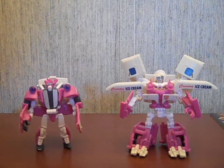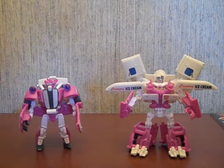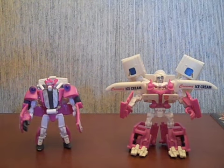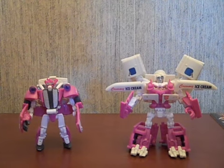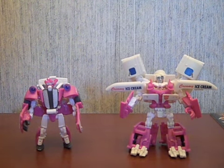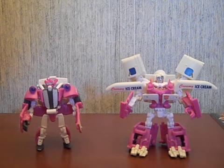I mean, for $12-ish, you basically get 2 Scout-sized figures. Skids being a little bit smaller than a Scout, but you get 2 Scouts for $12, so it's a pretty good deal. And their alternate mode is just total kick-ass awesome. So I highly recommend these two. If you hated Skids and Mudflap, then you might not like them as much, but